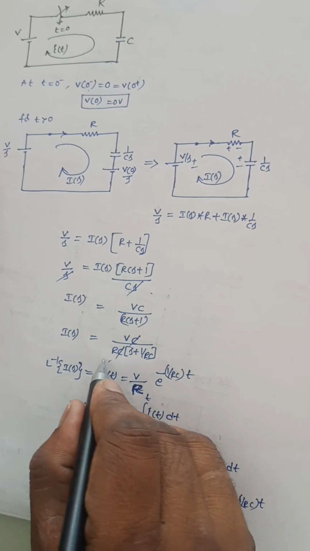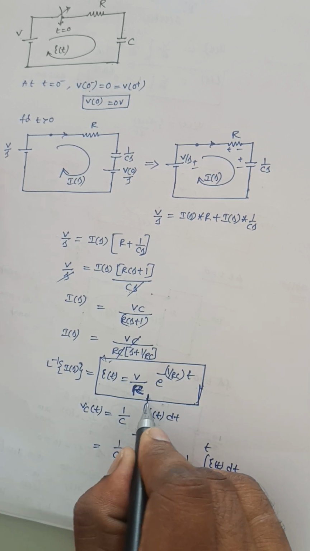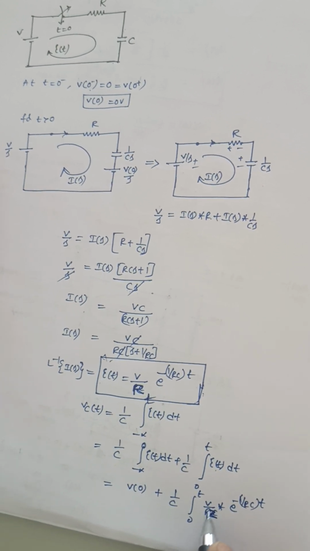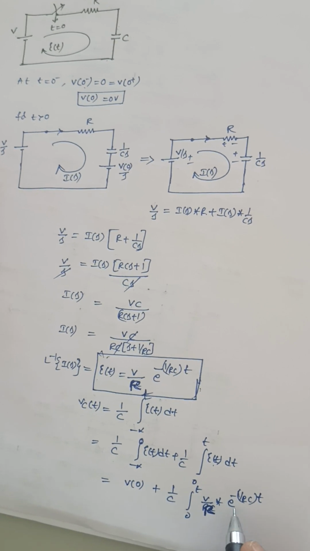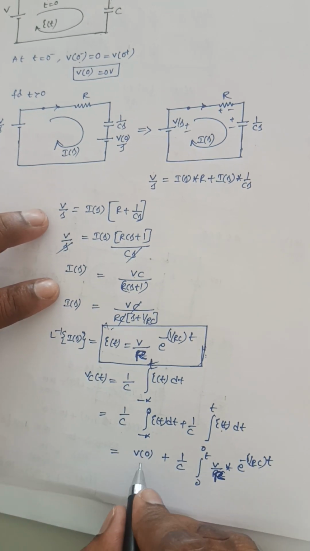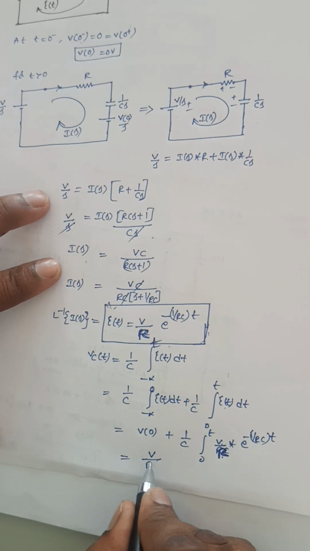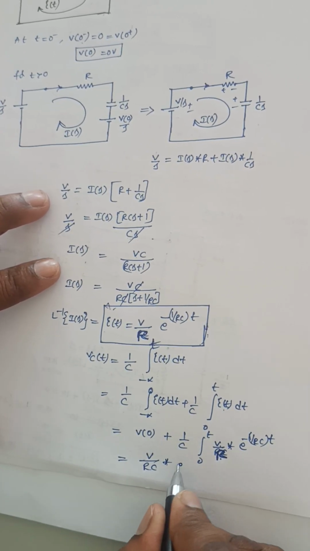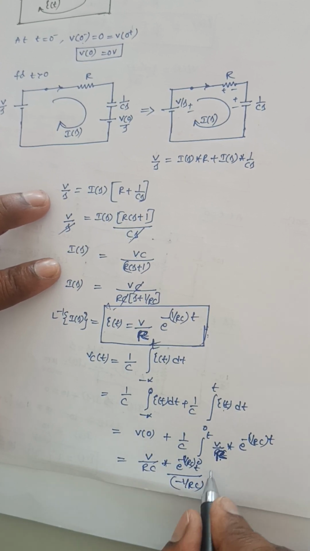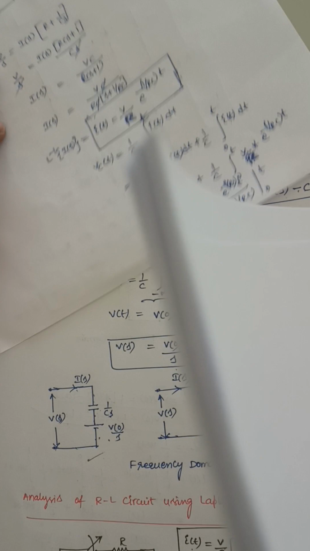So the I of t expression here is V by R into e power minus 1 by RC into t. V of 0 is anyway 0. So it is constant, I can take it out of this integration, V by RC. If I integrate it, e power minus 1 by RC into t divided by minus 1 by RC, with limits 0 to t. So if I substitute these limits here,